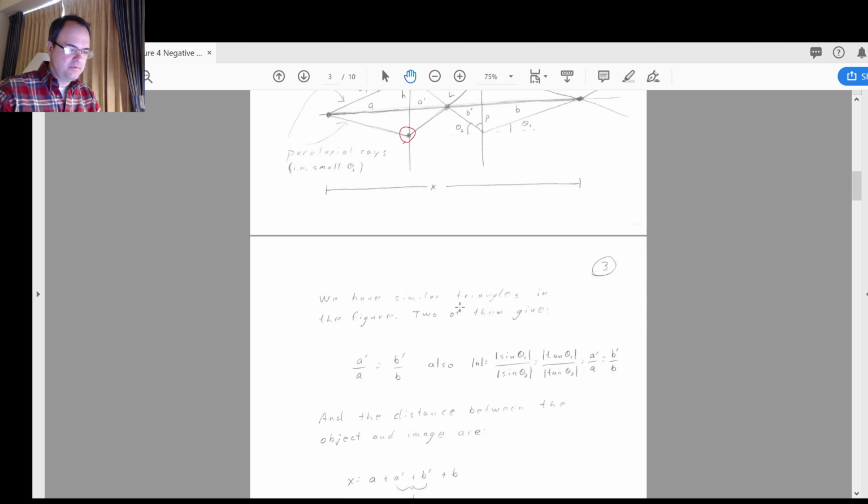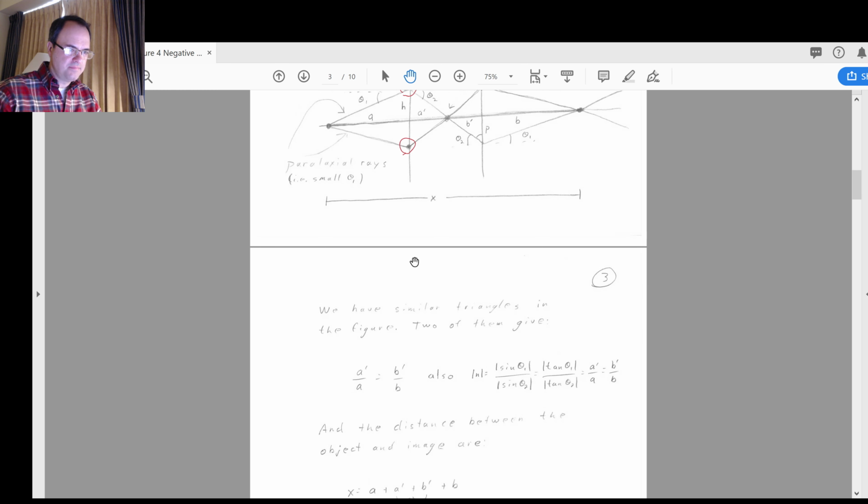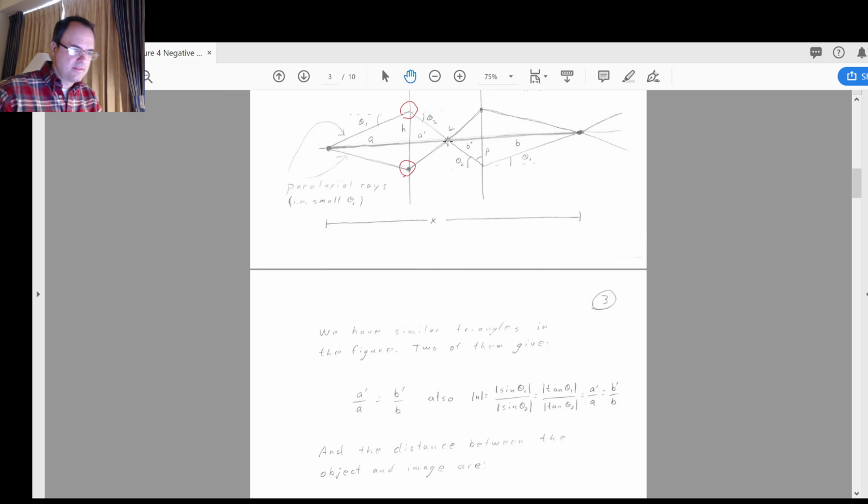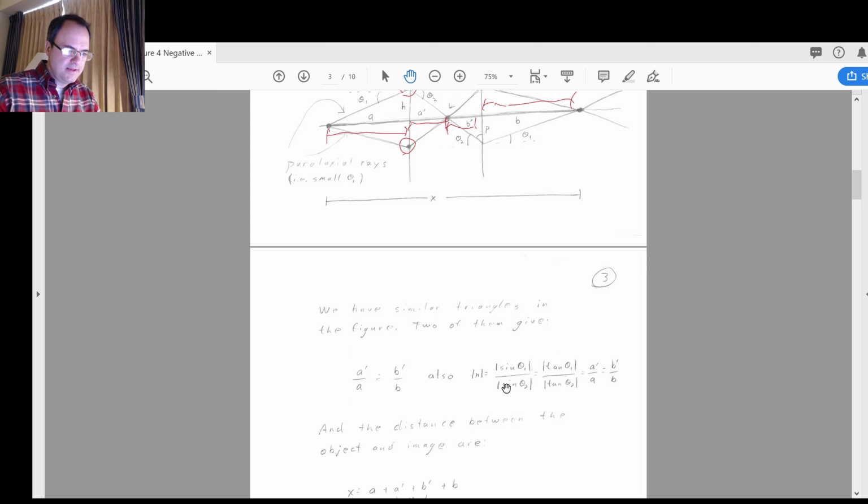So you can work through the triangles, and you find similar triangles. You can find that A prime, this distance here, over A, this distance here, is equal to B prime, this right here, over B, that right there. Also, from Snell's law, you get that the magnitude of n of the slab is equal to